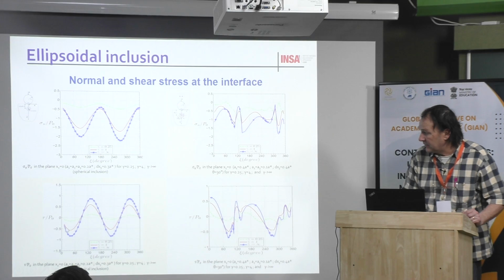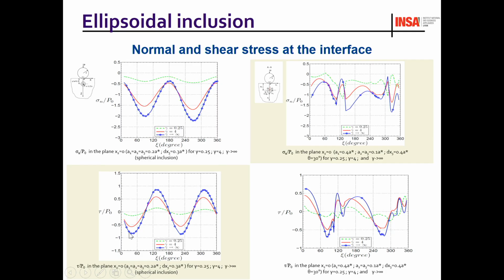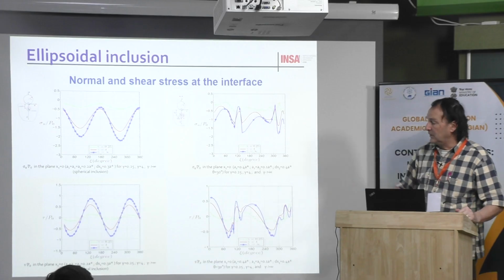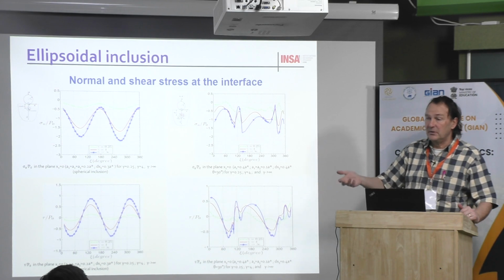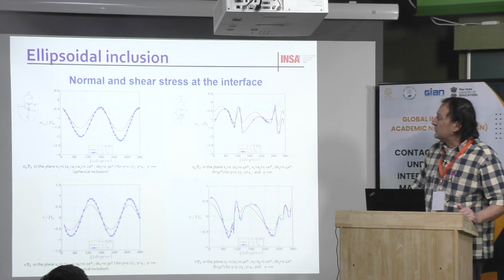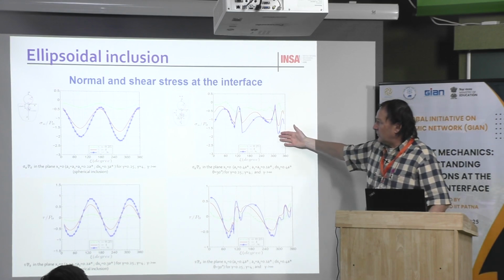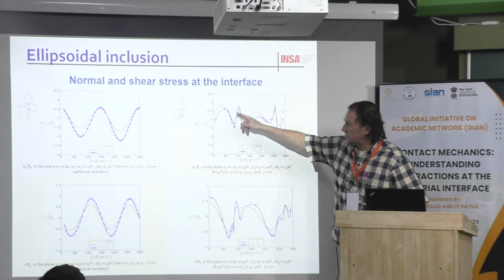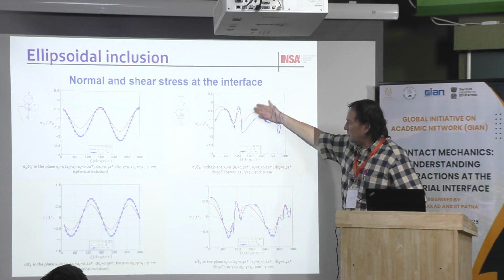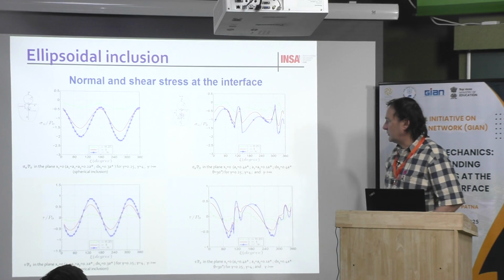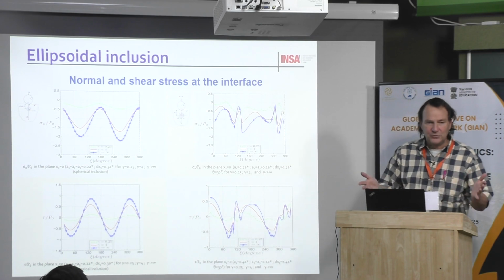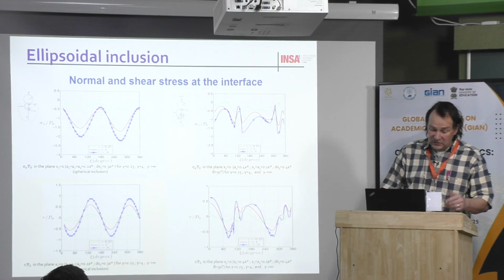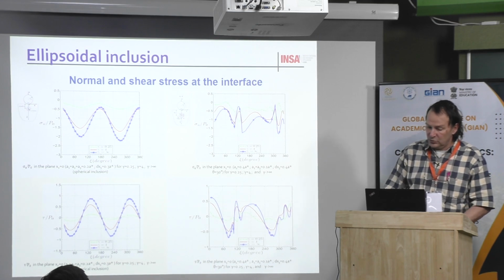And here you can see the shear stress, which varies from negative to positive values because you have shear in one direction and in the opposite direction. It depends on where you are. And then you can compare these values to the cohesion limit between the two materials. This is the same type of curve, this time for an ellipsoidal inclusion with the same parameters as before. This is more perturbed, but again, you can plot the same type of curve, and also for the shear stress. Now, what you do with that, I don't know. You have just the data. You have to think about the application and what you want to show.